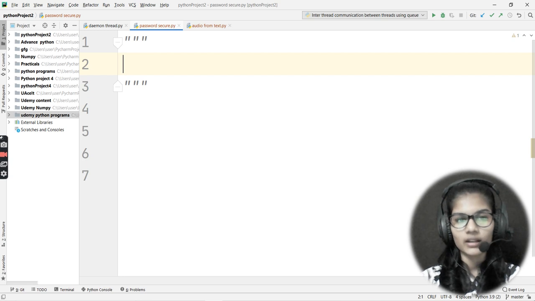One of the studies found that if your password has many special characters in it, then it is very difficult for hackers to crack. Let's say you have written a very simple password. How can I convert that simple password into one that is very secure? This is what we are going to see today.